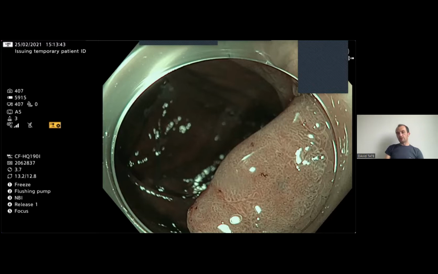It probably means it's not a serrated polyp, I would say, because with serrated polyps, and we'll come to a few examples of those in a minute, the edges tend not to be well demarcated. But indeed, for most other polyps, the edges are pretty well demarcated. It's mainly within the polyp that you're looking for something else that's demarcated, a bit like the edges, and then that should draw some concern.